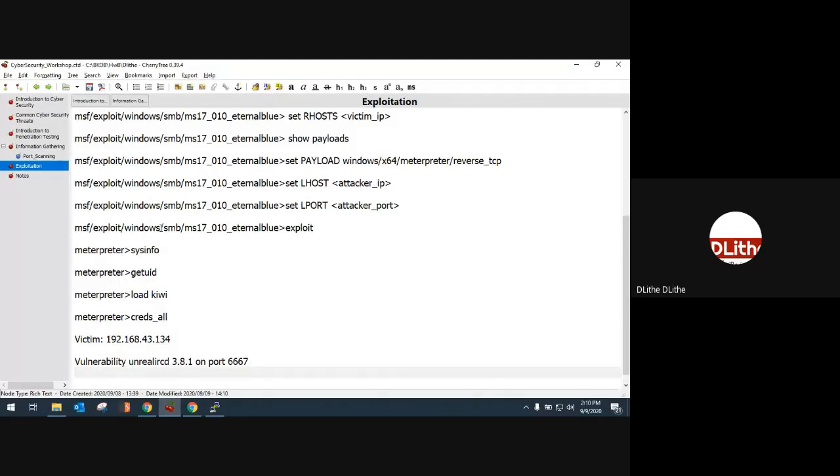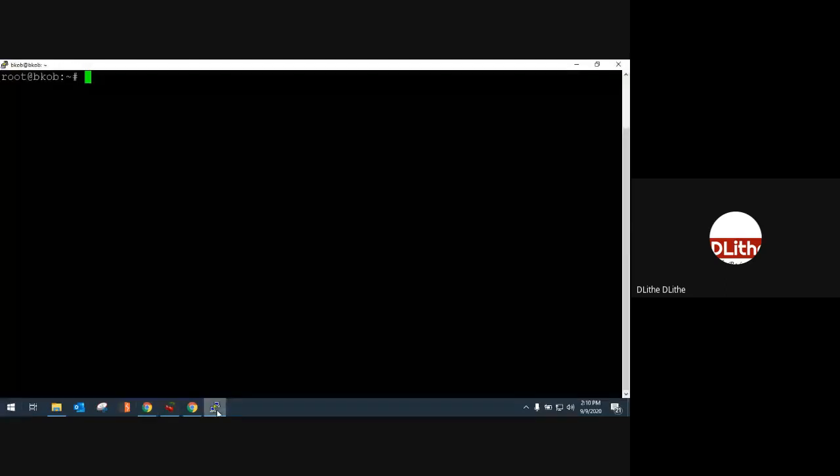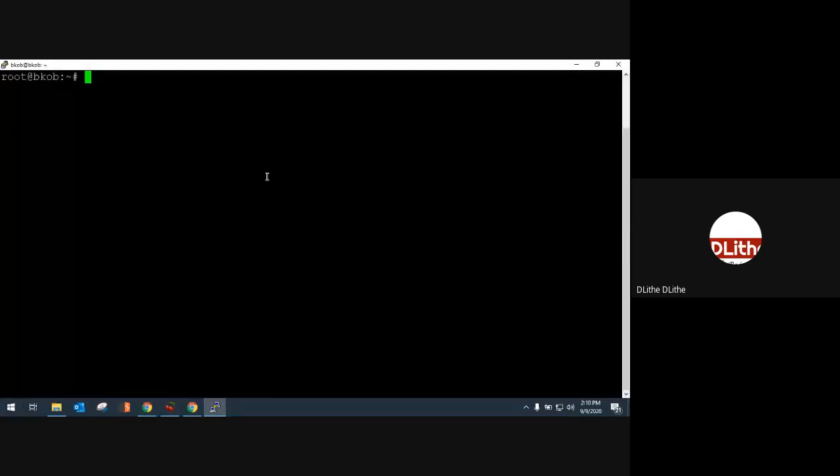Okay. So let us go forward and start our attack. As usual, my Metasploit is already initialized, so let me start the PostgreSQL database. The basic commands would be exactly the same as I did yesterday, so there would not be any differences. And let me start my console. So this will take a bit of time.